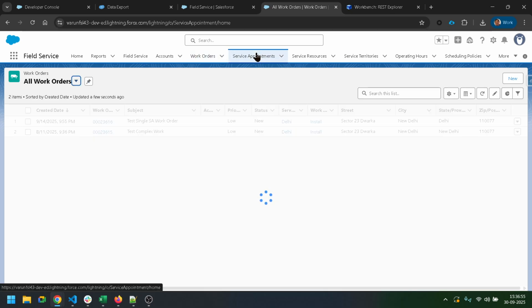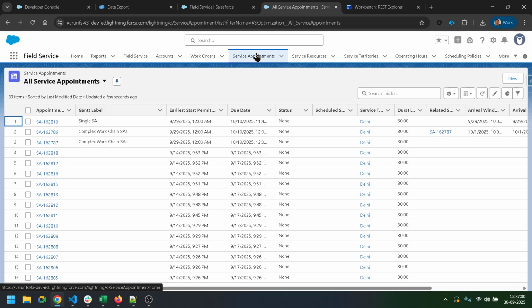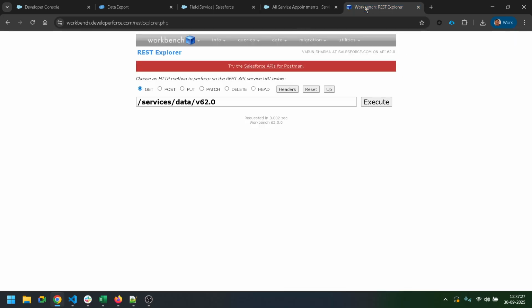If I go to service appointments here, I'll be able to see these service appointments. I just put them as a Gantt label on what is a single service appointment and what's a complex one, and you can see in the complex work this job 86 connects to 87 by a start-to-finish dependency. So if I pick up the service appointment, which is 19 here, and I try to do get slots from the external world,